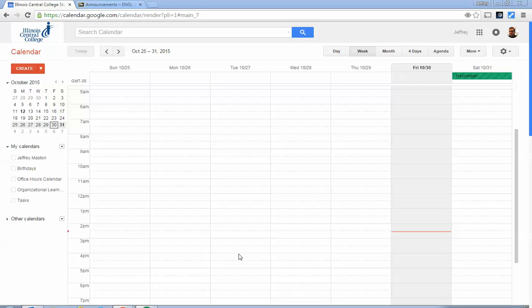So first off, I'm signed into my Google Apps for Education account, which is my ICC student email account. I could also be signed into a standard Gmail account. The steps would be the same. I'm at calendar.google.com, and I'm going to go to My Calendars and click the drop down and click on Create